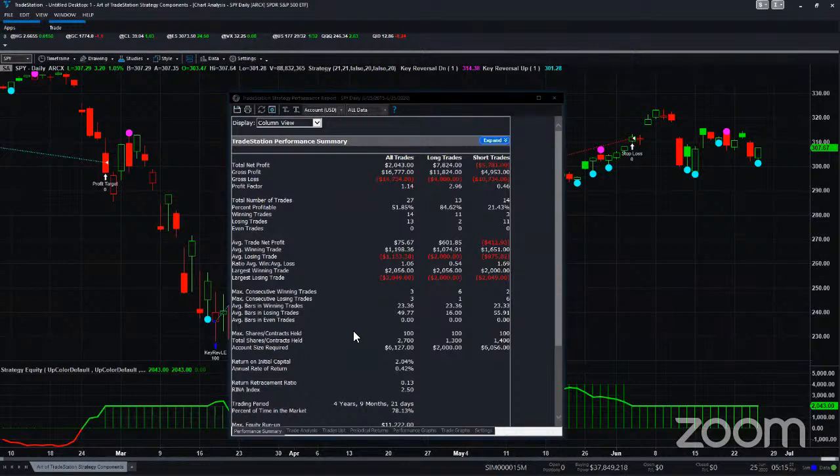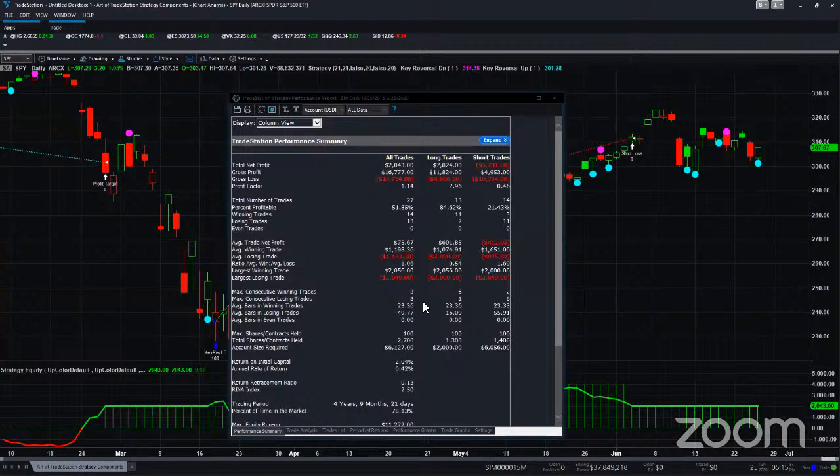A little earlier, I talked about whether the strategy was tradable or not. And one of the things for me is consecutive losing trades. I think that's one of the key factors in any strategy that I evaluate. That the number of consecutive losing trades can't be more than 2 or 3 or 4 at the most. And so that's one of the things where my eye goes right away, right here. How many consecutive losing trades did I have